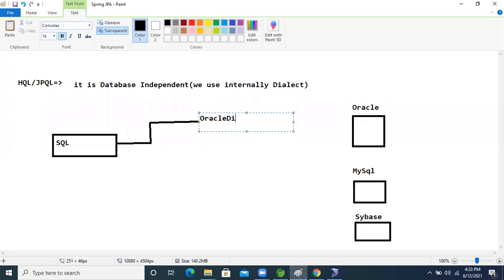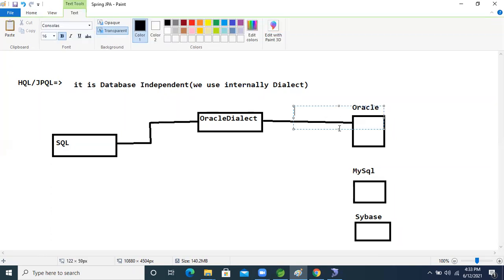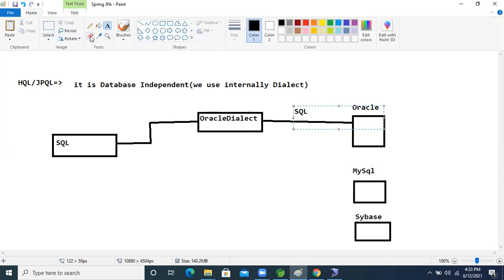The Oracle dialect's responsibility is to take the query and convert it based on the Oracle database. Then our query will be converted to Oracle SQL.